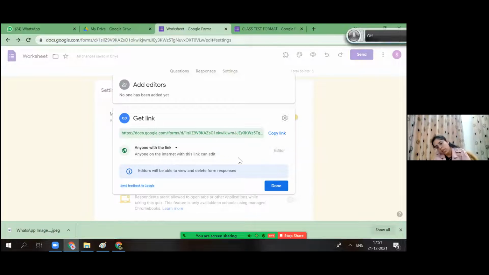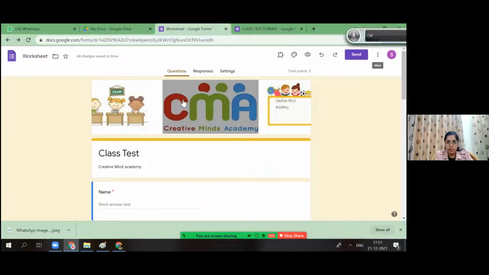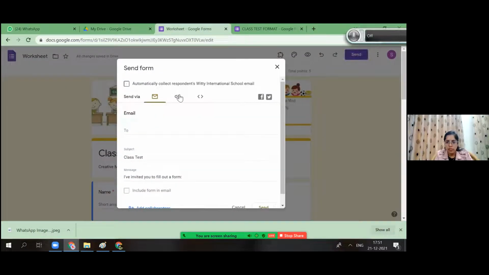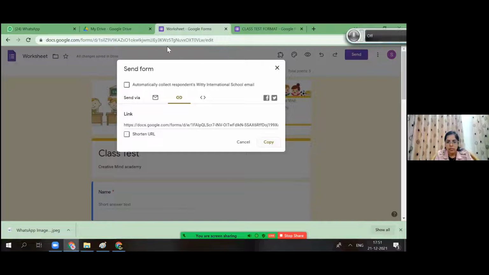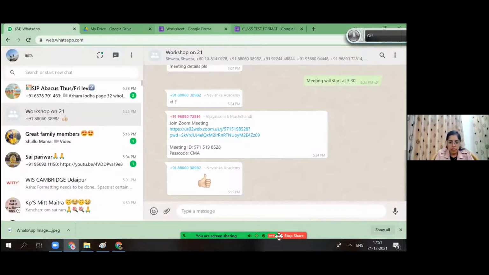So you can even set the privacy for your form also, like this. Okay, I'm sending the link again. So this is how one class test paper could be formed.